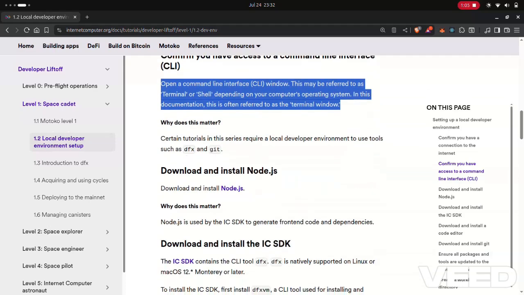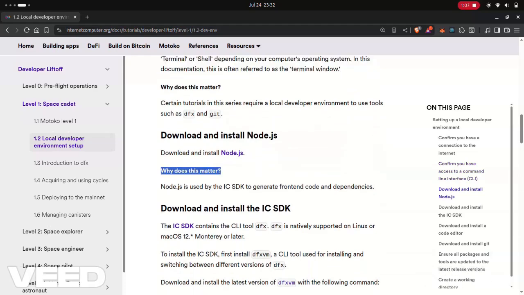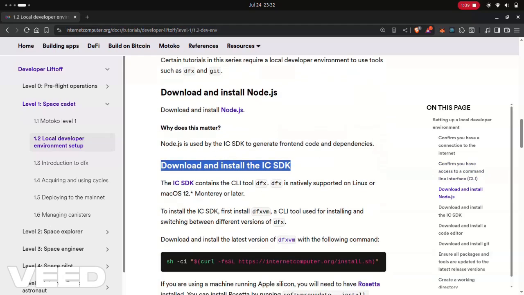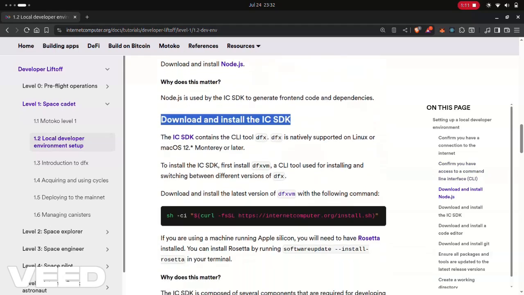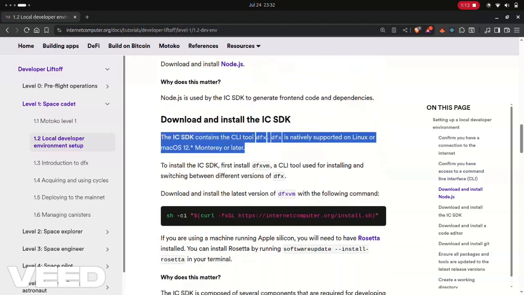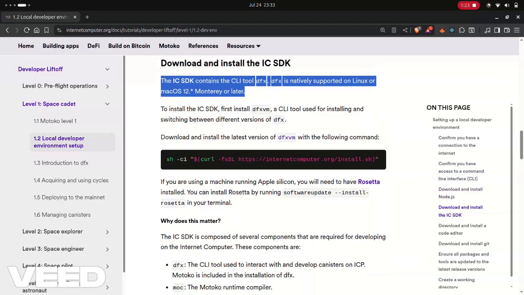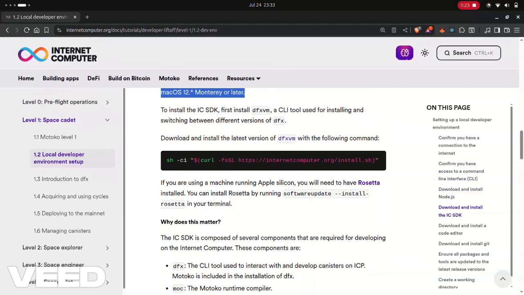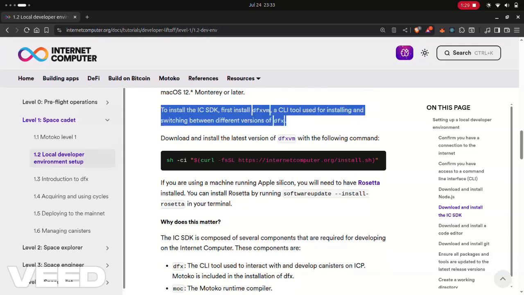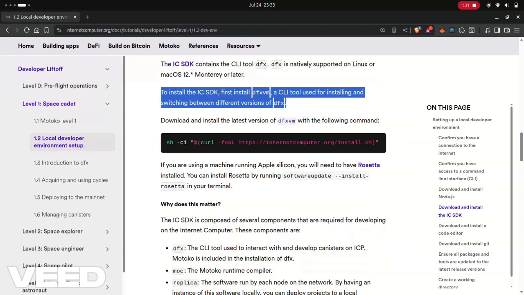Download and install Node.js. Download and install the IC SDK. The IC SDK contains the CLI tool DFX. DFX is natively supported on Linux or macOS 12, Monterey or later. To install the IC SDK, first install DFX VM, a CLI tool used for installing and switching between different versions